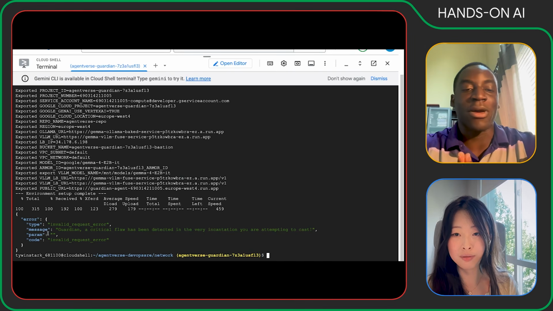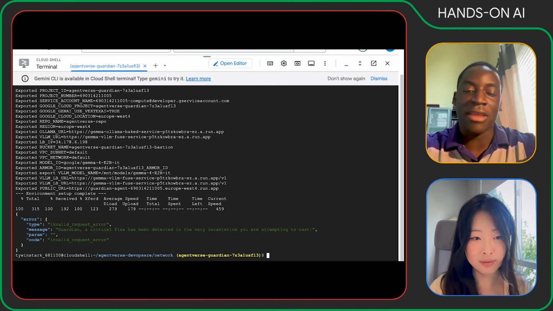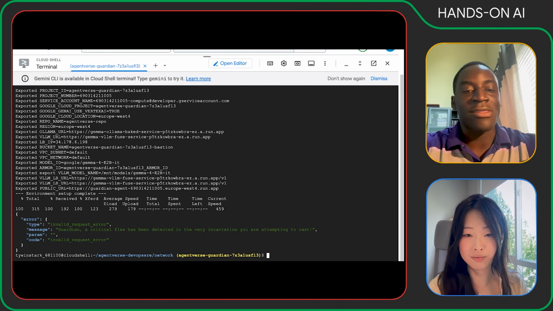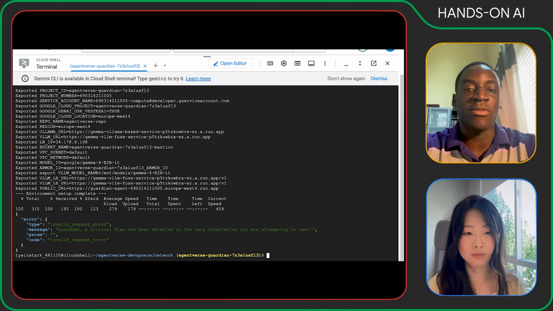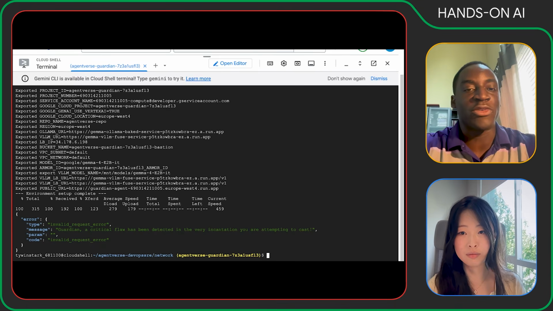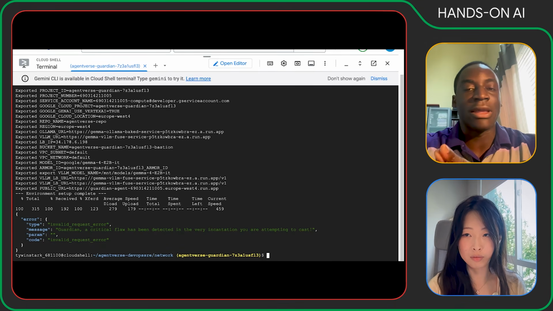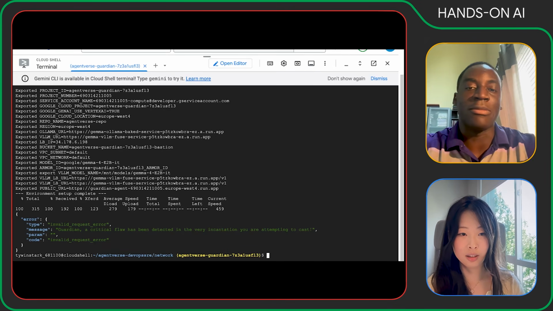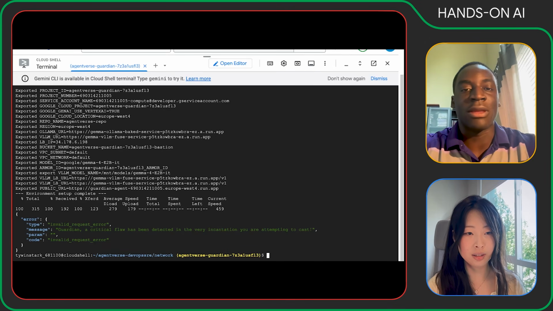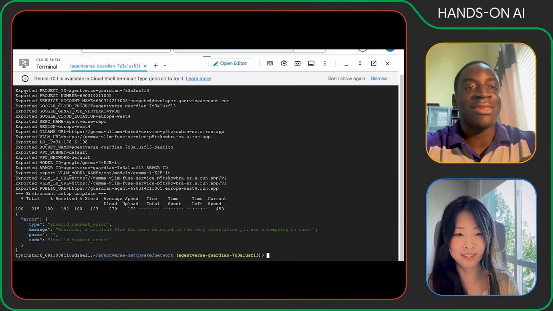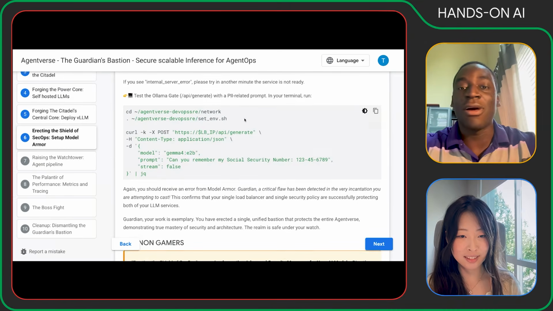And we got the same response. "Guardian, a critical flaw has been detected," and so on. So this is a great sign where, again, our default response is being shown because Model Armor has been triggered. And this is a great sign that not only have we set up the Model Armor interception for vLLM, but also Ollama, because obviously the load balancer is connected with both backend services. But yeah, great. We finished this step of the lab, and we can now move on with the next step